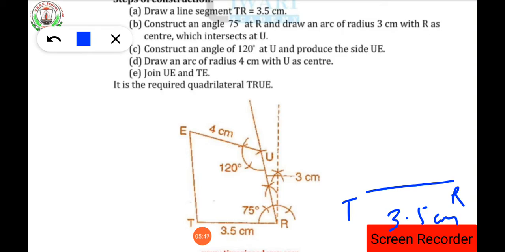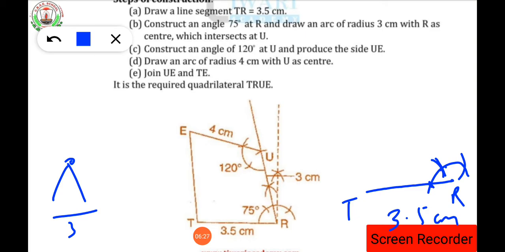Then after, we have to construct angle 75 degree. All of you know how to construct 75 degree because in the previous video I had already told you how to construct a 75 degree. First you have to construct the 60 degree by taking any radius on the mouth of your rounder. Suppose this one is a rounder, take any radius as 3 centimeter, 2 centimeter, 2.5 centimeter, like that. Take any radius, keep the needle at point R, draw one arc, and keeping the needle here, draw the same arc and repeat it, so that you will get here 60 degree arc, isn't it?